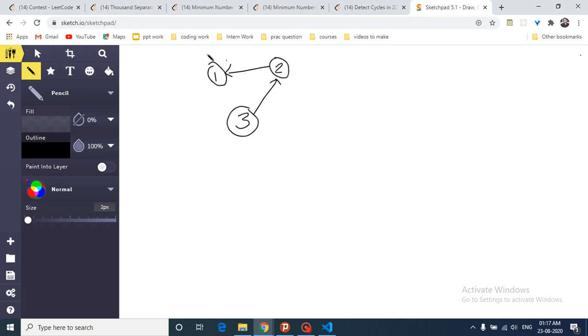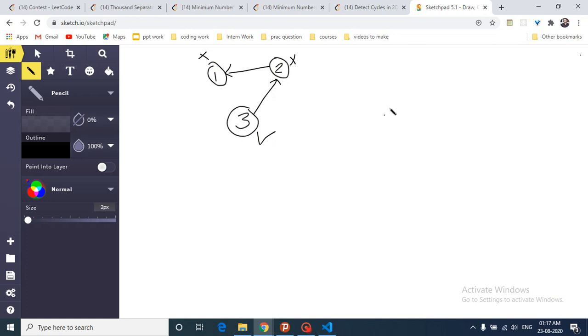So if some node has some in degree, then we don't count it, because this node can be reached by some other node. Now see this node, this also has some in degree, so don't count it. This node doesn't have any in degree, so count this. And this is the only node needed, because if you take this, you can reach this, this, this.